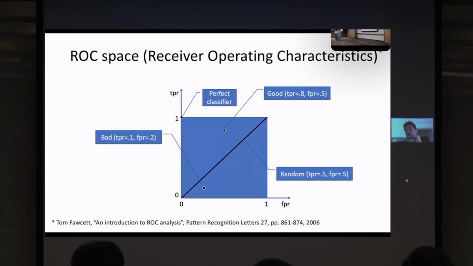It's an important representation because you can see the behavior of the classifier and also compare different classifiers. So it's representing how the classifier works, representing the true positive rate over the false positive rate. Okay? On the y-axis you have the true positive rate, on the x-axis you have the false positive rate, and